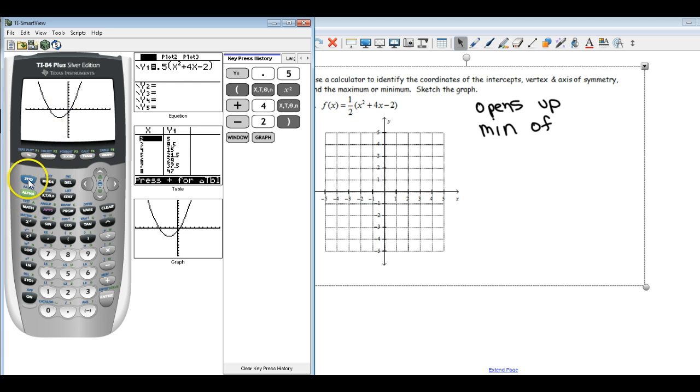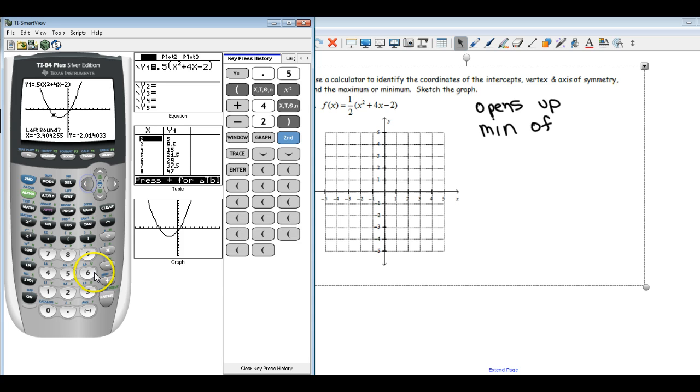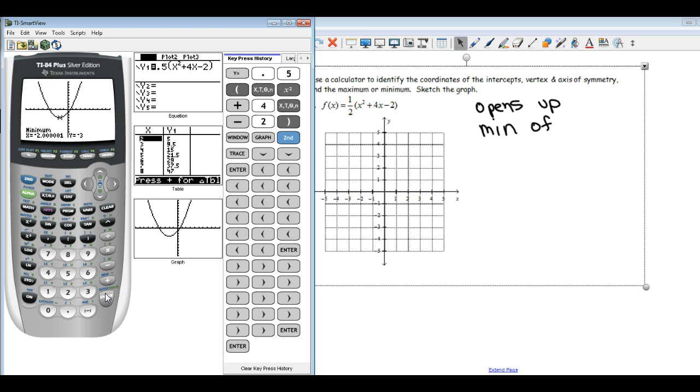So to find the vertex, you need to do second calc, minimum, number 3. Then use the left arrow key and move to the left side of the vertex. Press enter. Use the right arrow key, move to the right side of the vertex, press enter, and then enter one more time. And so the vertex is